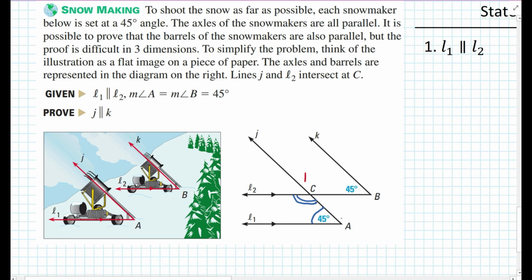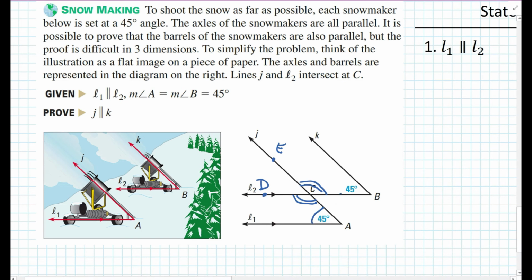So let me name that angle by adding a point here. Let's call this point D. So we know that angle A is supplementary to angle ACD, right? Because we're given that line L1 and line L2 are parallel. So from that, we also know that this angle here must be equal in measure to angle ACD. So let me place another point here called point E, so we can refer to them as angle BCE and angle ACD